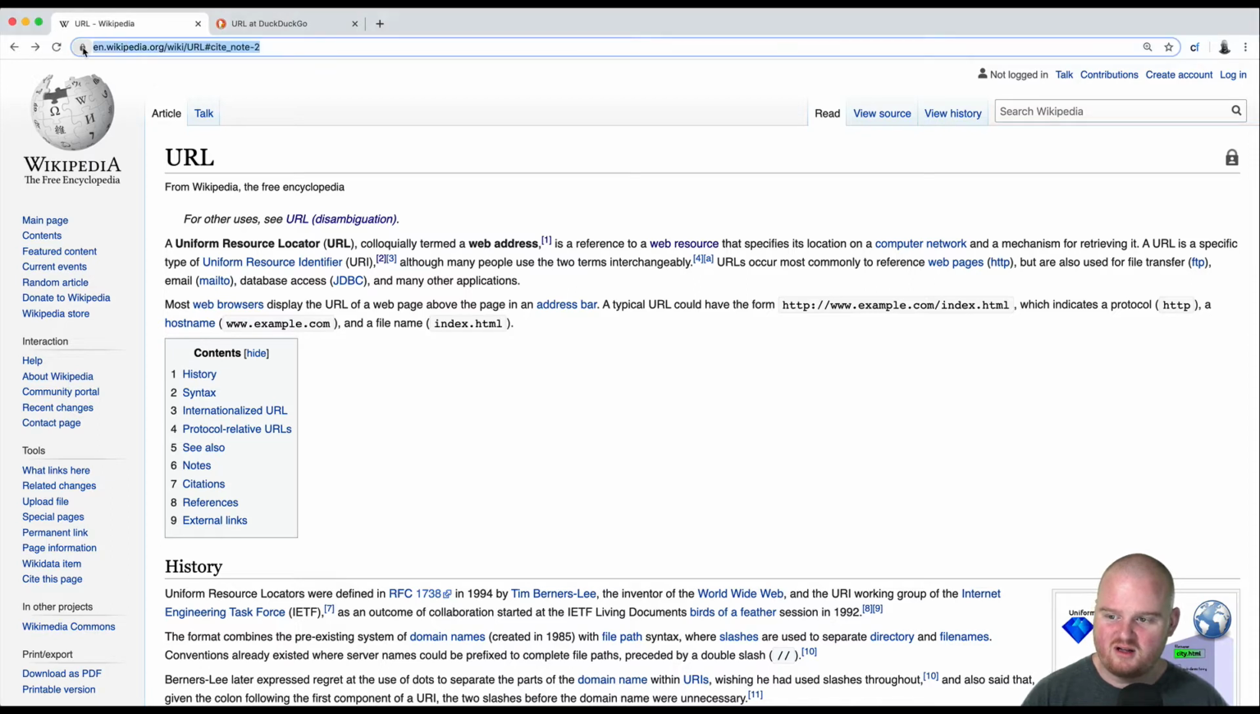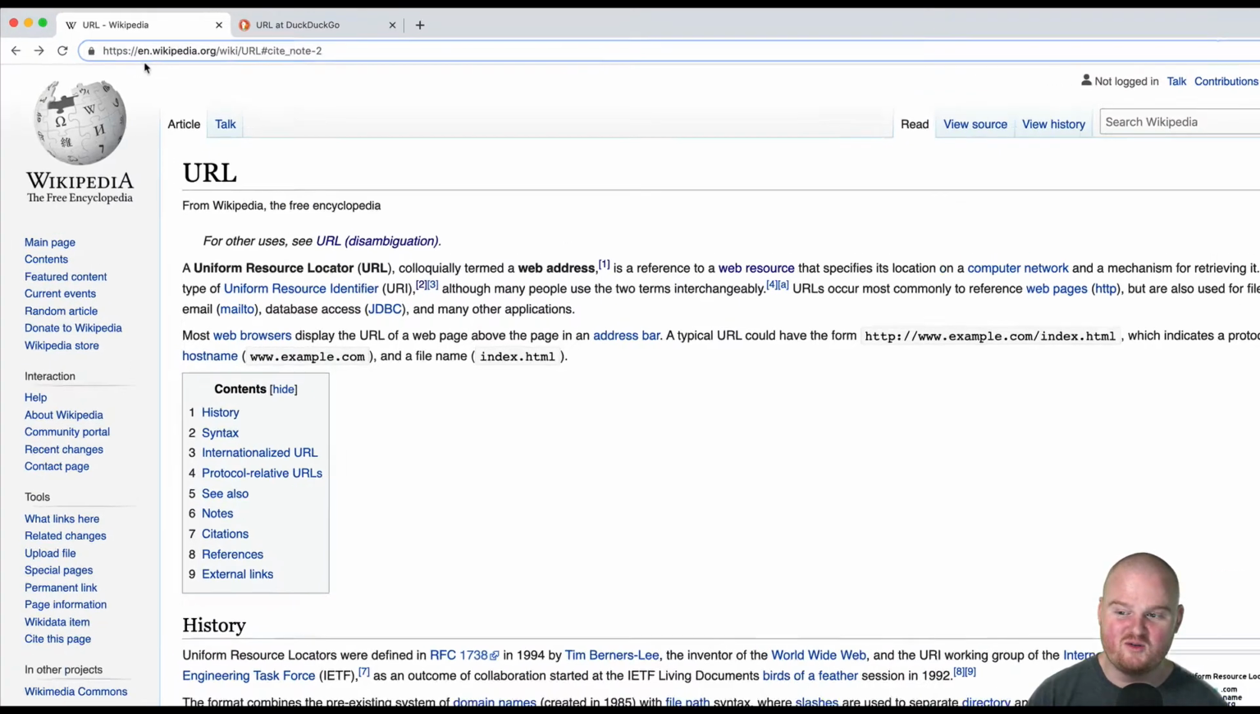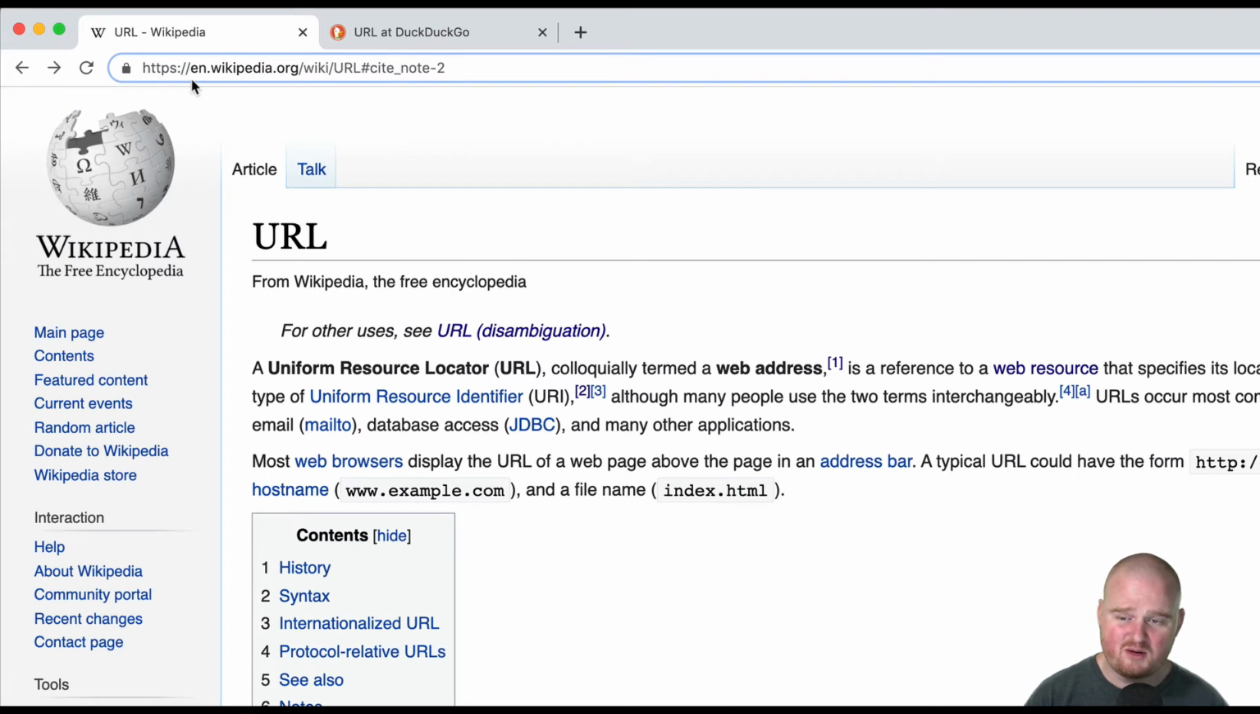So in the URL, when you enter a URL into a browser bar, this is the most common place that we're seeing URLs. It has a few components, and those components will define what happens when a request is sent to the server. So here we have a URL that's on Wikipedia for the page about URLs, and you'll see that there is